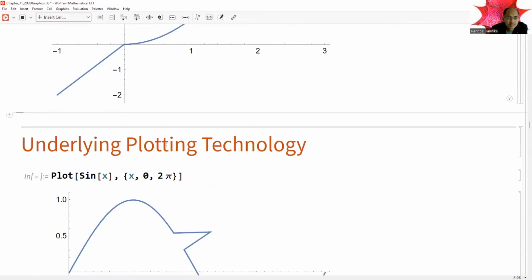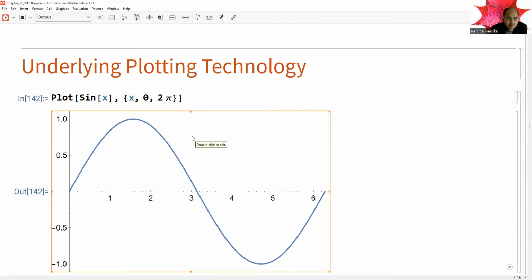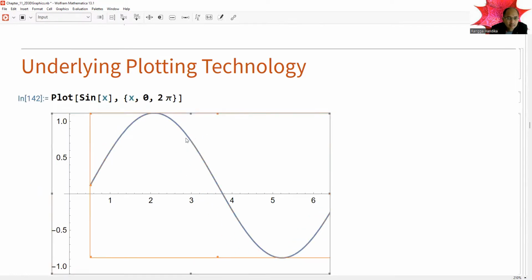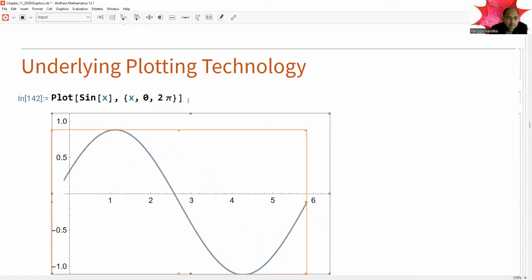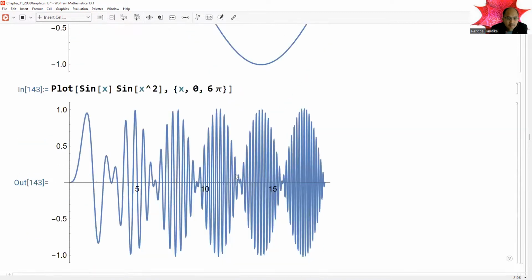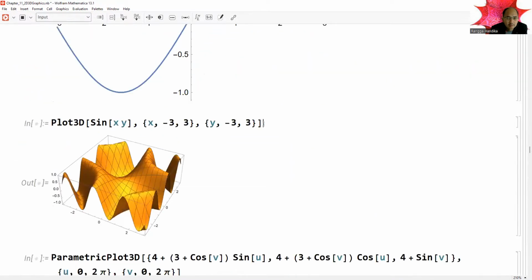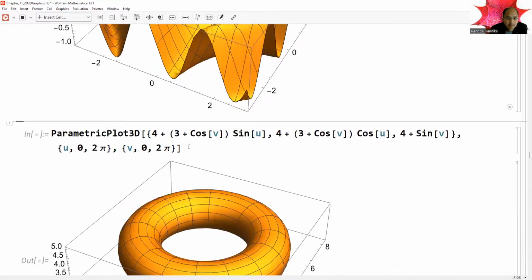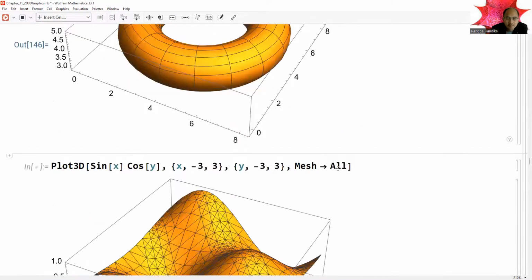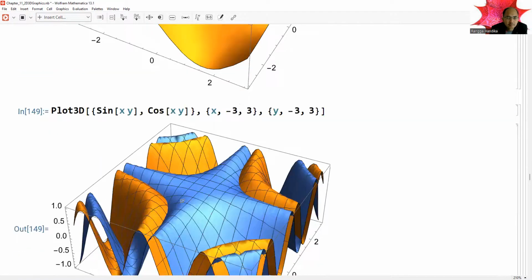So it's very nice plotting technology. We can also make it like this, and also make it move like this. You can also make it move here. Plot sine, we can make a multivariate plot like this. 3-dimensional, it's nice. Also, parametric plot is like this. You give the plot, nice. You can see variation of color,